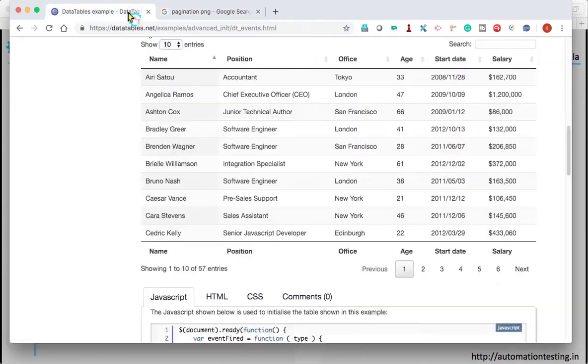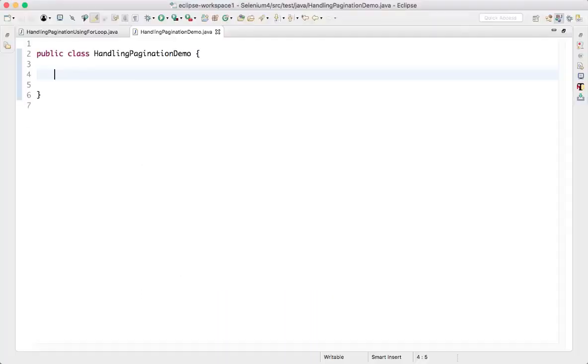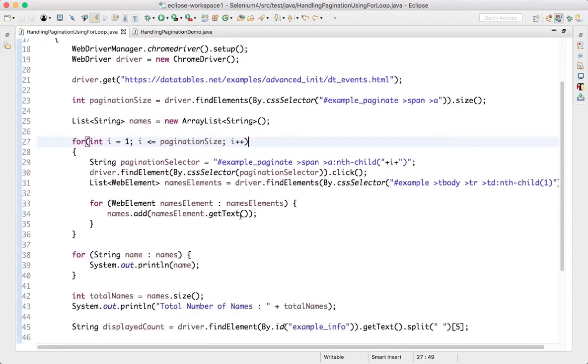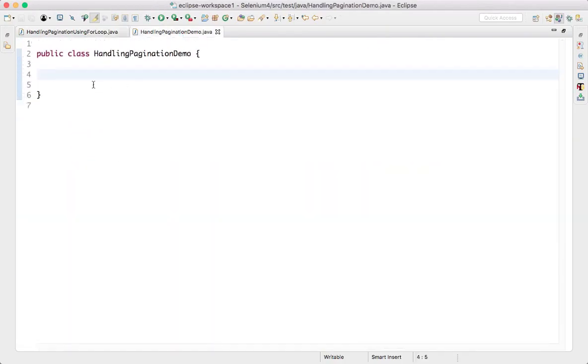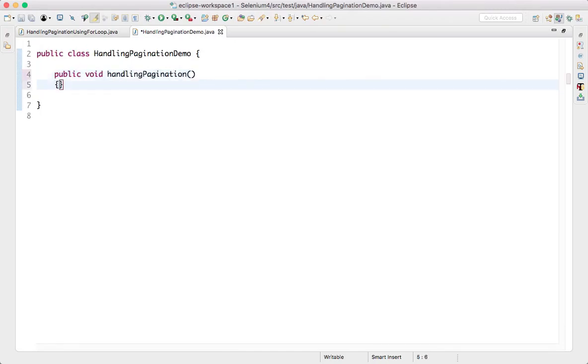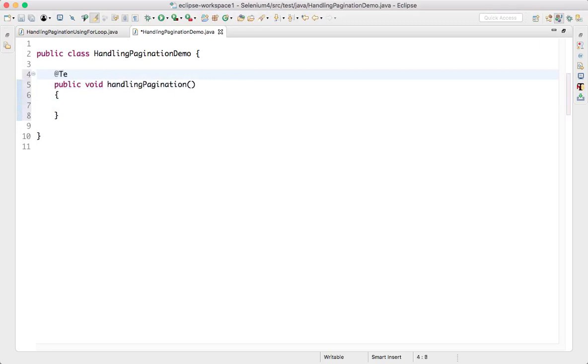So now let's go to Eclipse, where I just created one class called handling pagination demo. You see handling pagination using for loop, which we saw in the previous video. Here I'll take public void handling pagination, and make it a test method.